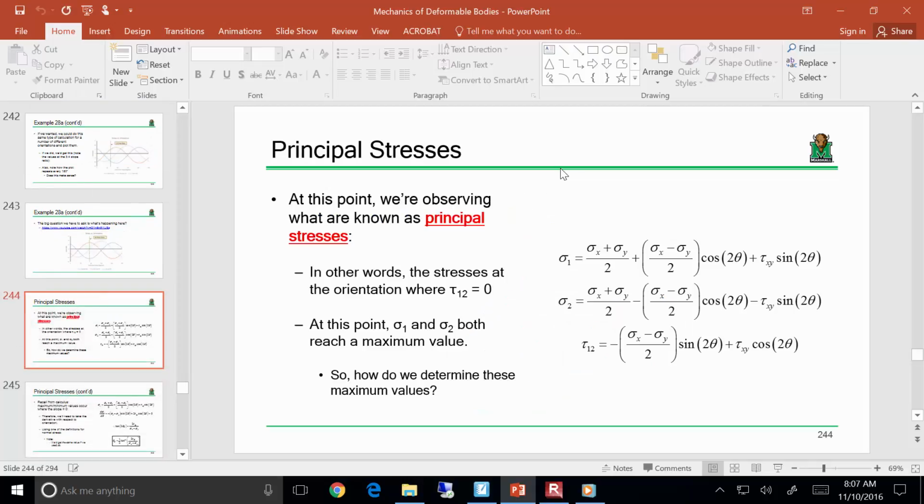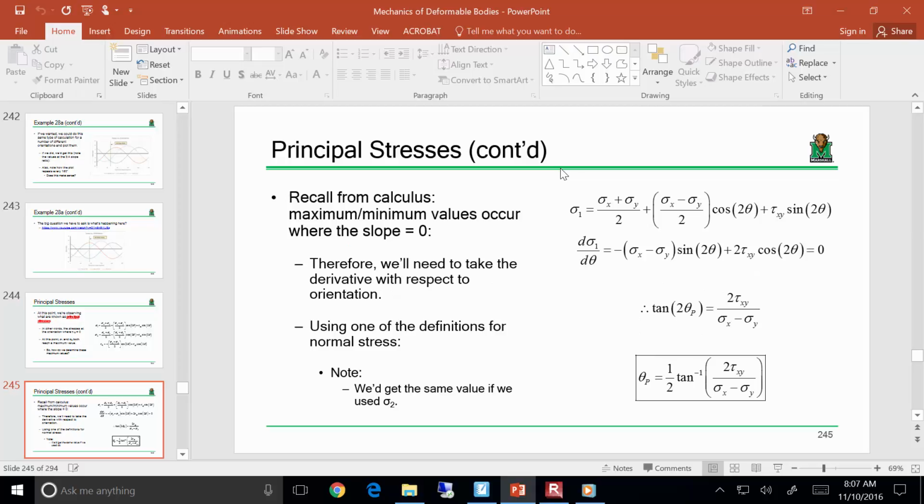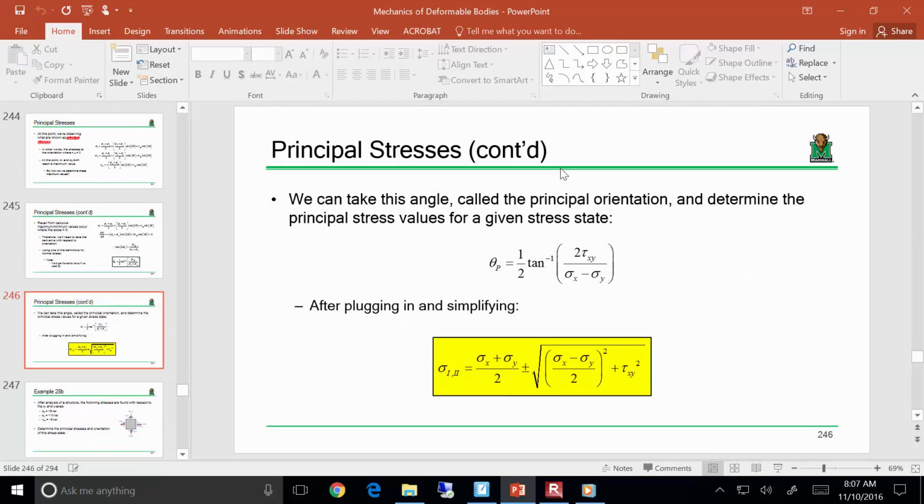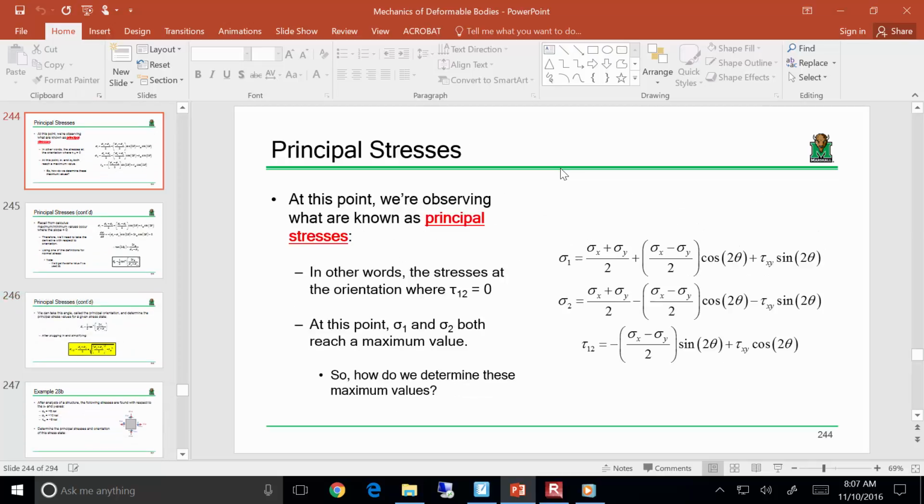How do we determine those principal stresses? Well, we're talking about maximums, so that's derivatives. Since our stresses change as a function of our orientation, really what we want to determine is the principal orientation. So if we take the derivative with respect to theta and set that equal to 0, we can determine theta sub p, our principal orientation. Okay? And then take that theta, plug it into